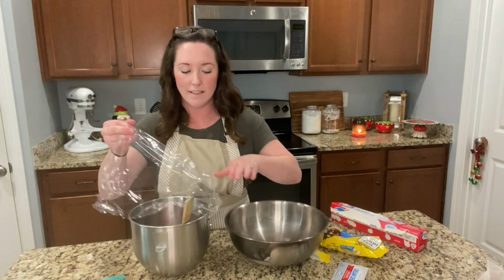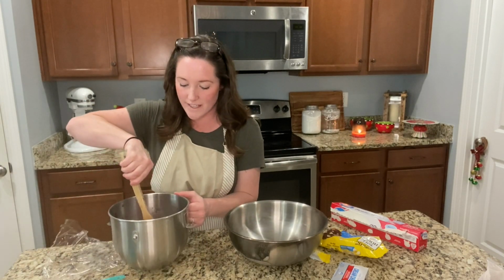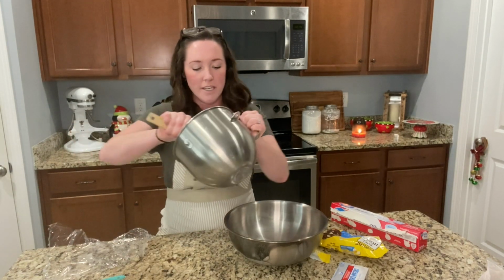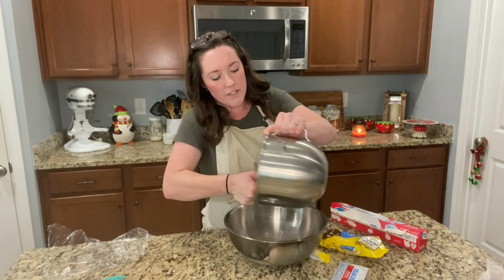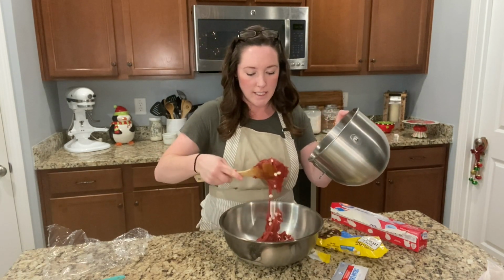I mixed all of the cookie dough in here thinking I was gonna need my mixer, and I ended up not needing it for this, but then I realized I need it for the cream cheese icing. So I'm gonna just transfer all of this cookie dough into this bowl,